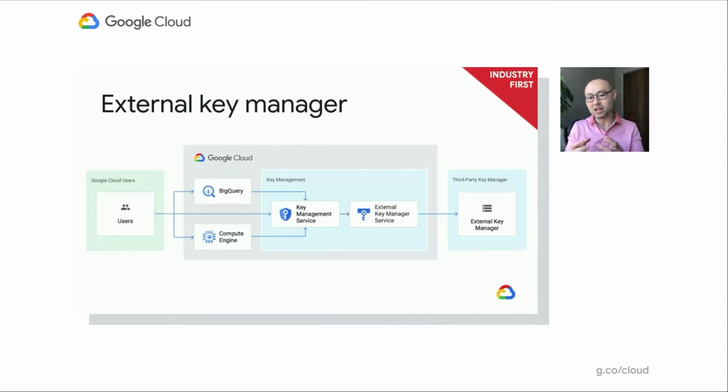Now, in the Cloud External Key Manager, you follow that same pattern, except that instead of protecting with a key encryption key that's in our KMS or HSM, that key actually resides outside. And if you see the diagram here, a user can either put their data in BigQuery and Compute Engine, or if they want to directly encrypt the data through a symmetric key that's external, they can do that as well. And these services communicate directly with our KMS, but our KMS recognizes that these keys are not internal, that they're external, and then parlays a request out to our Cloud EKM service,